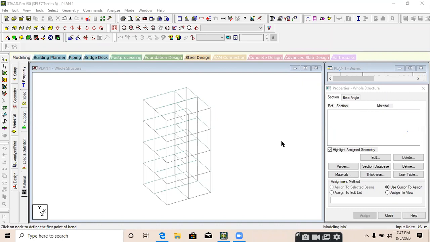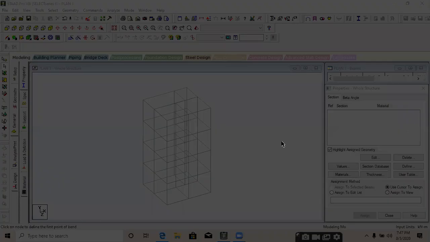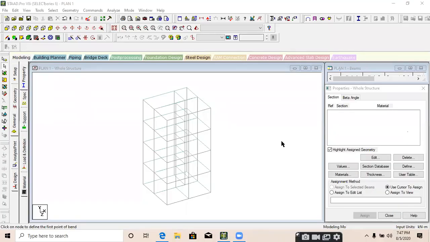In the next class, we will discuss how we can apply the properties of beam, column, and slab.